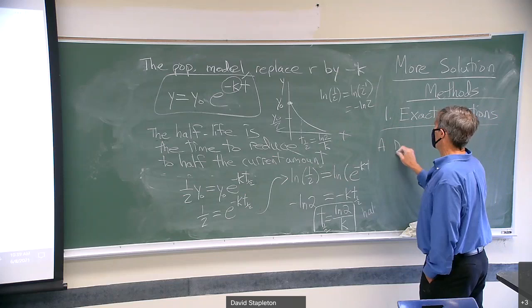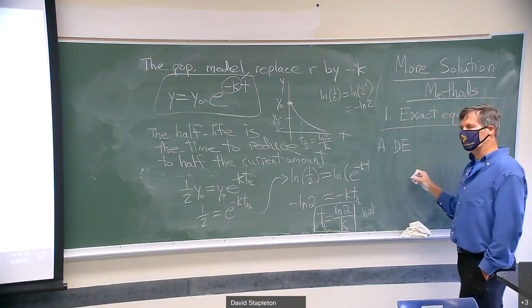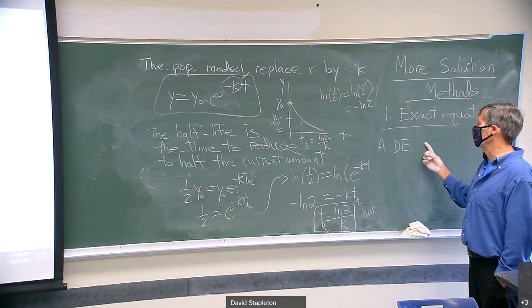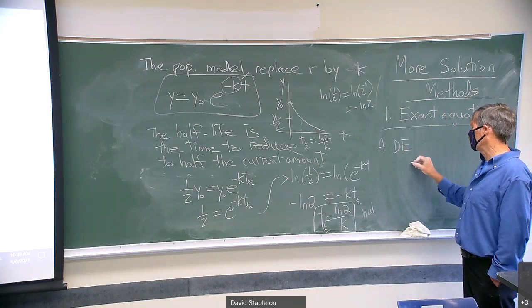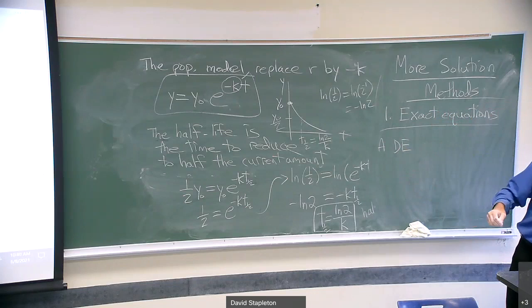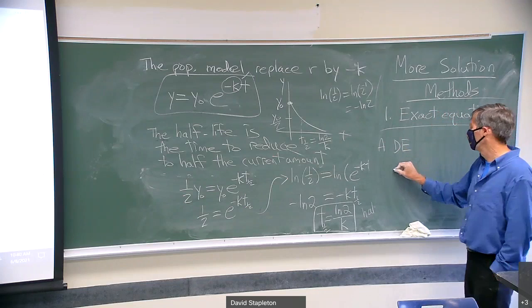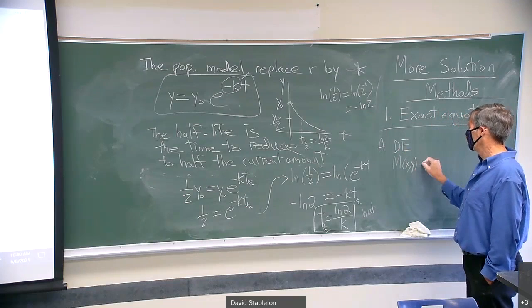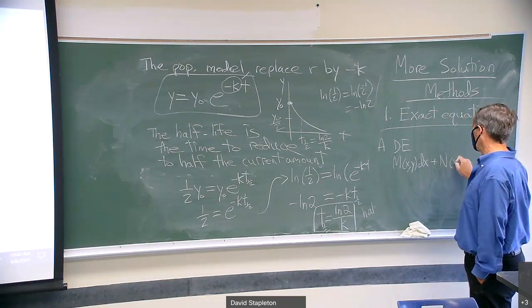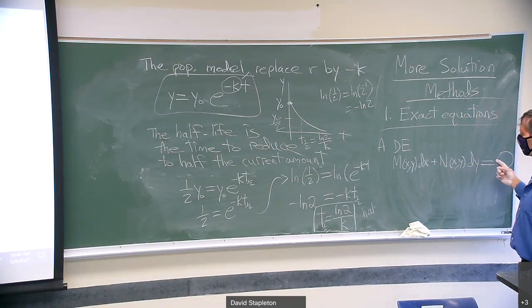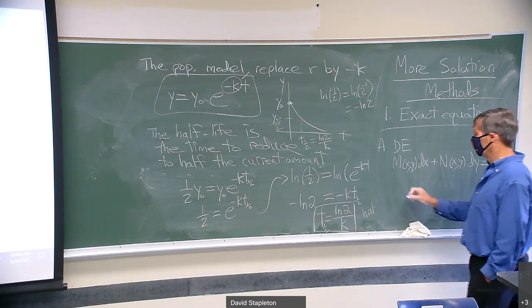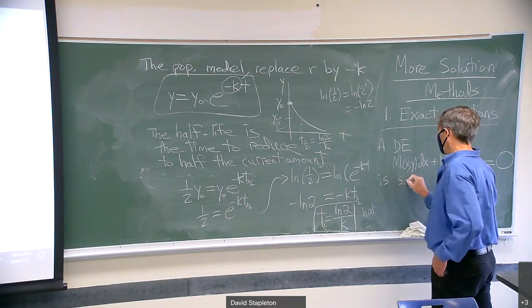A differential equation. This time we're going to write it in a different form because it's convenient for doing this method. And what you just have to do is a little algebra to get into this form. Suppose it's of the form M, a function of x and y, times dx, plus N of x and y, times dy, equals 0. Suppose you take dy/dx equals f and rewrite it in this form, right? This is convenient for solving equations that happen to be exact. This one is said to be exact,